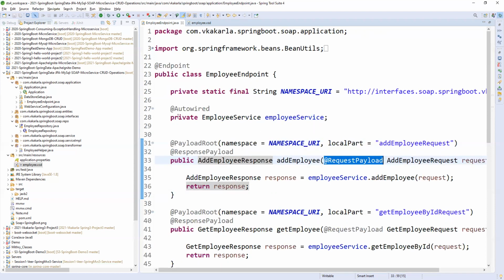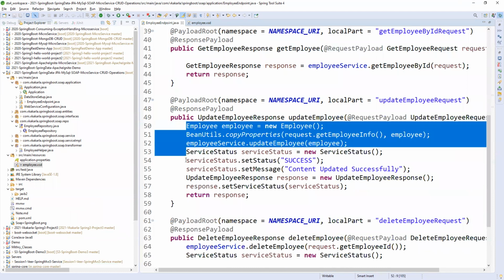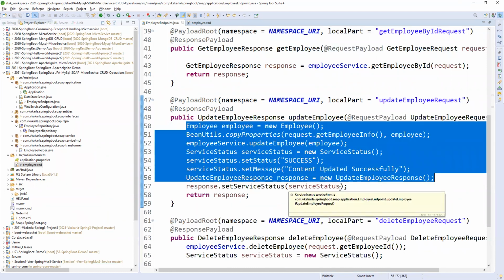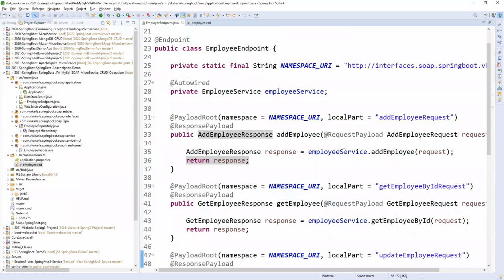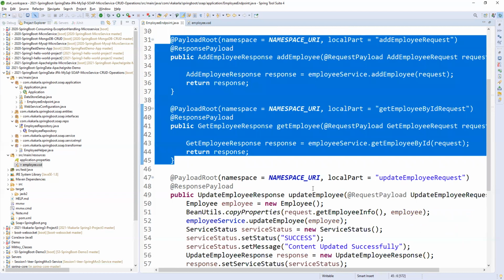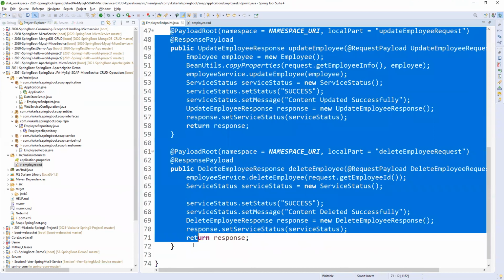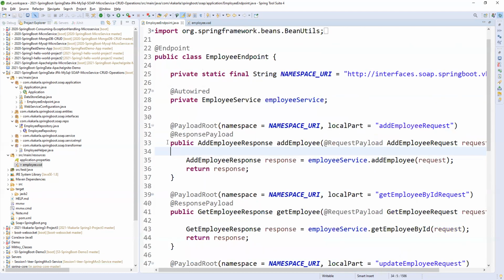So from here, we need to autowire the service where we are writing the business logic related to this API. If you want to write business logic here, you can write it like this. But it is recommended to write business logic in the service layer only. That is the reason I added two APIs, two endpoints like this, and implemented them like this. But this is not recommended. Better to write your code in a better way, like this only. If you enter inside of this,